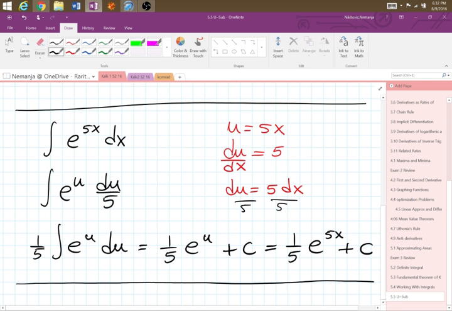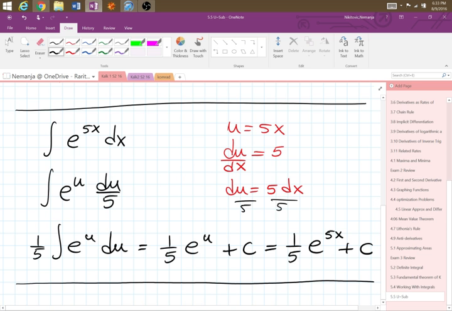So this is where we start, and we have 5x on top. And we don't like it. If that was just one variable, then the integral would be easy. So we make that mess that we don't like into one variable, call it u, and we immediately differentiate that, because we know that we will have to deal with dx as well. So you immediately differentiate, you make a differential, and then start substituting stuff. So 5x gets replaced with u,